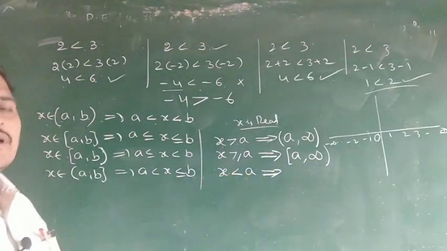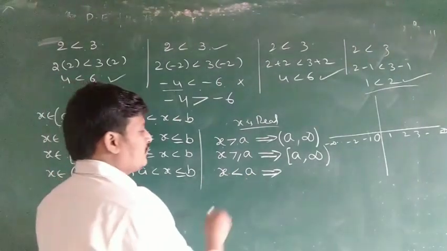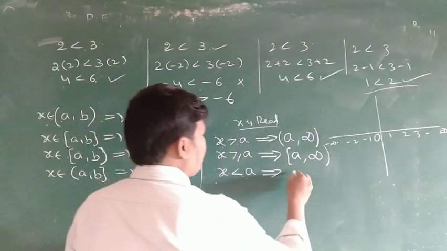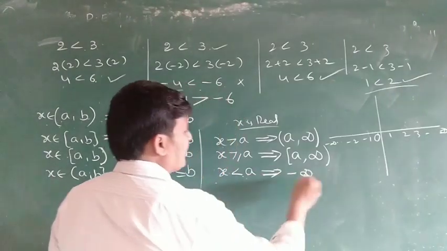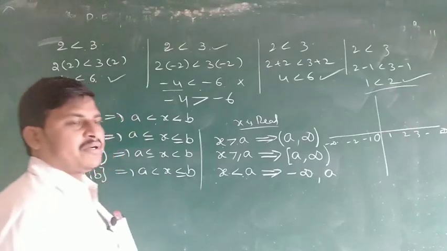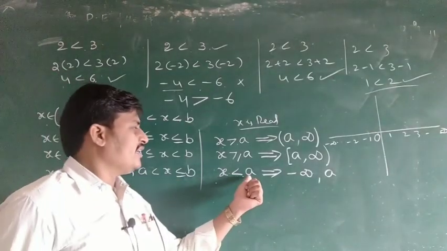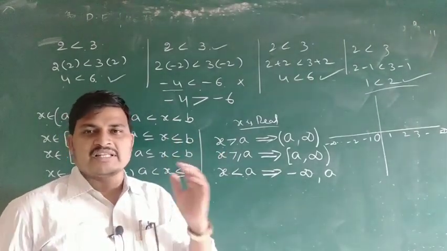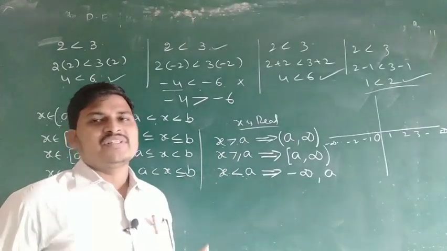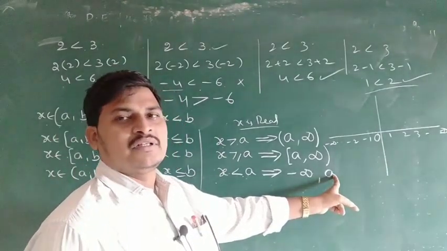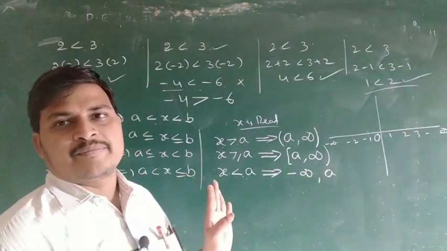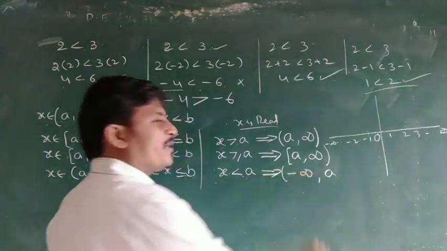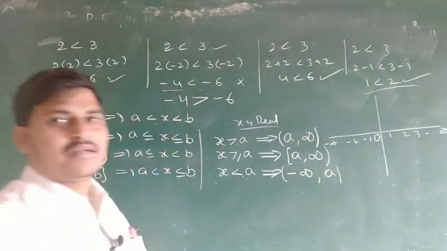So less than A means what? Below A, going down to minus infinity. Less than means the last number is the highest number. Below A, what is the maximum value? A is the maximum value. For below 2 values, what is the highest value? 2 is the highest value. So this is the maximum value on the right side, and the minimum value is on the left side. So minus infinity to A: minus infinity is always open interval, and less than is open interval.